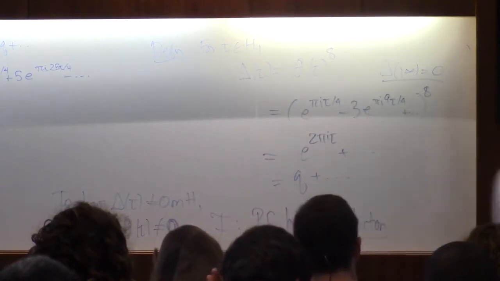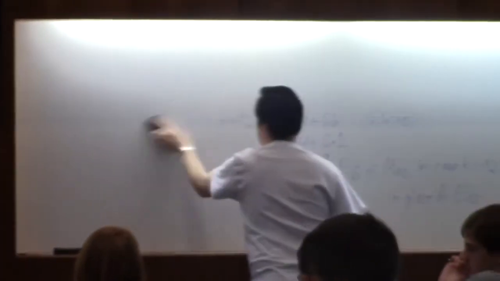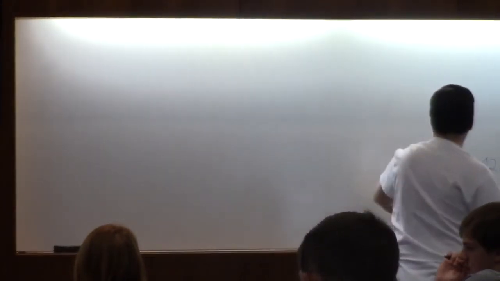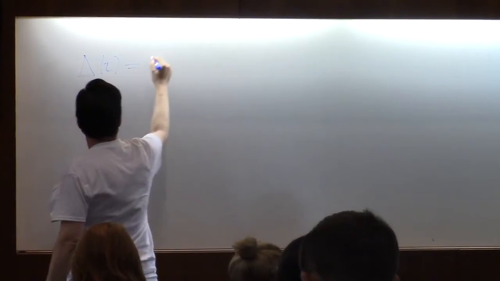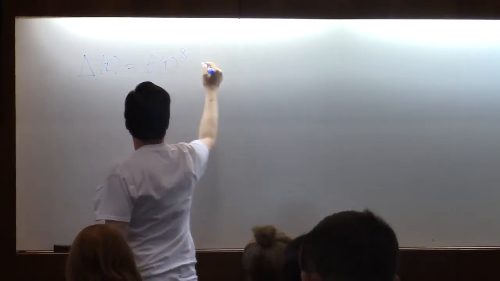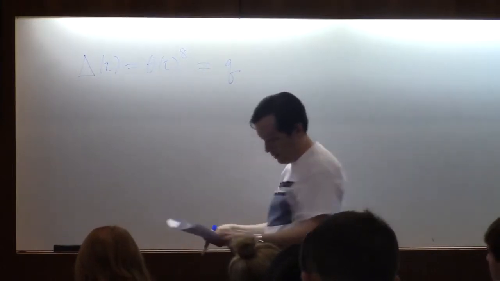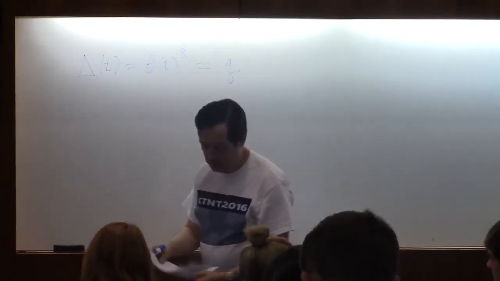So let's write out how the q expansion begins. We know a priori that the coefficients are going to have to be integers, so let's take a look at them. So let's take a look at the q expansion of delta. We know it starts with a q, and the next few terms,